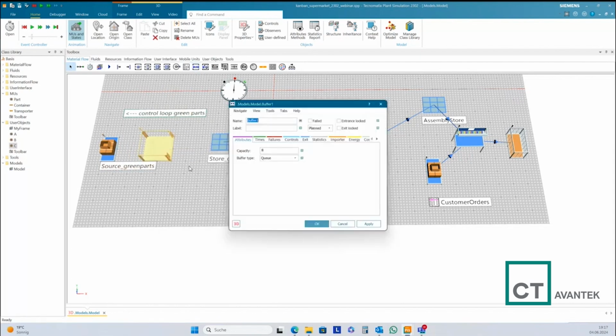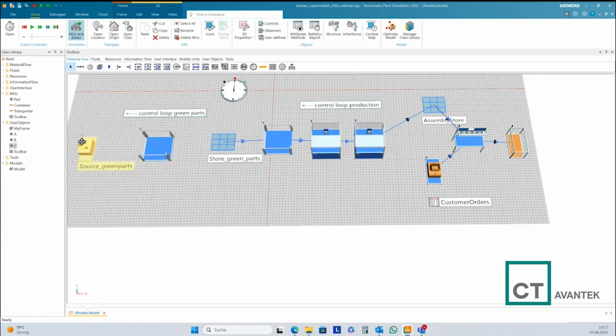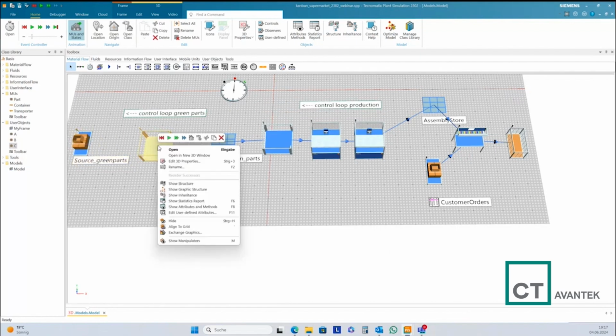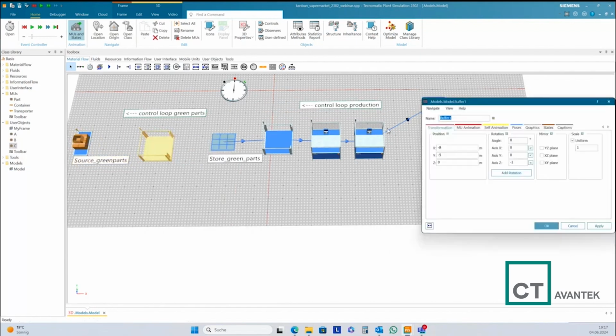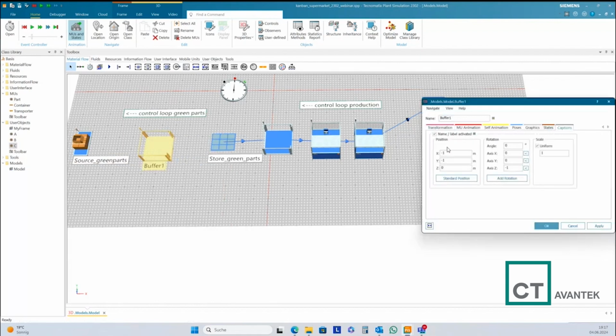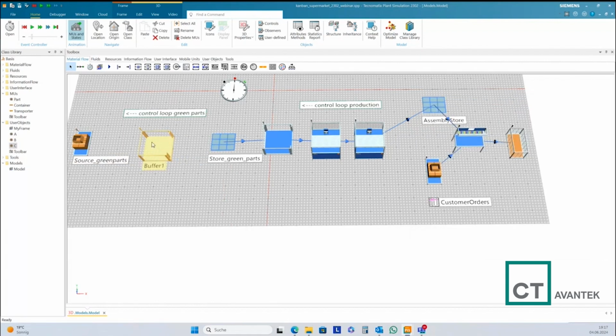And I place here one additional buffer with capacity of -1, just to model the delivery time. And so I renamed this in transport